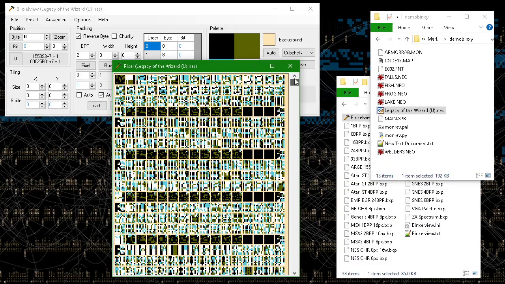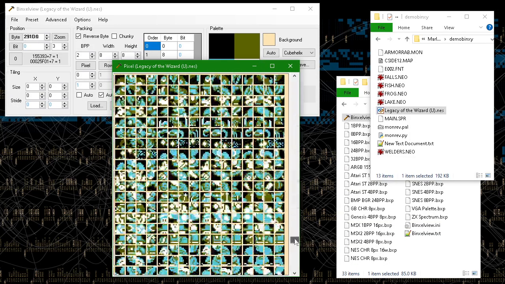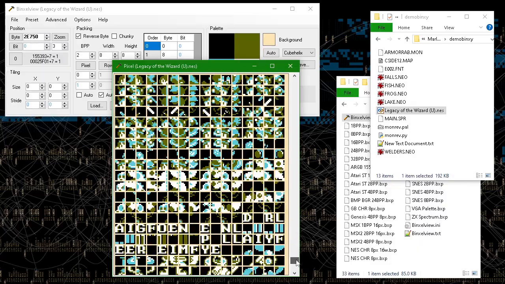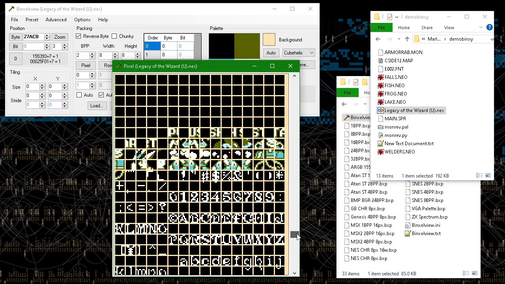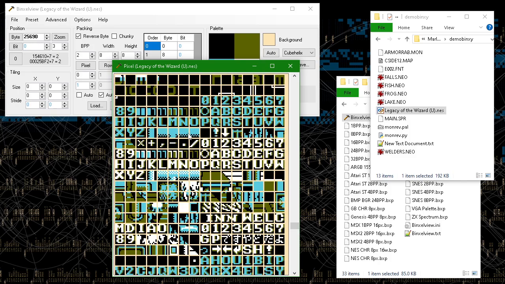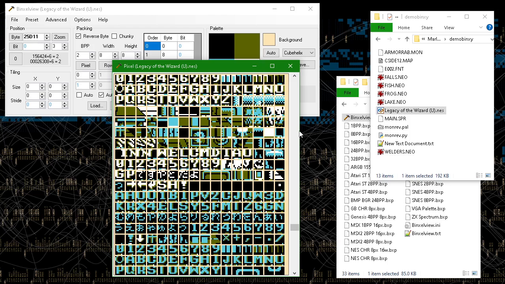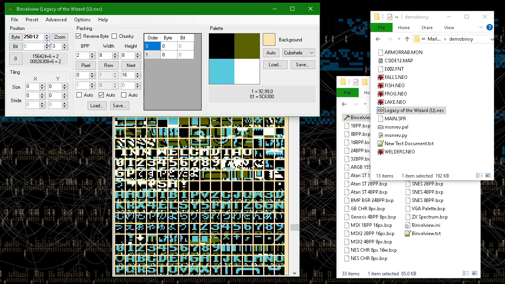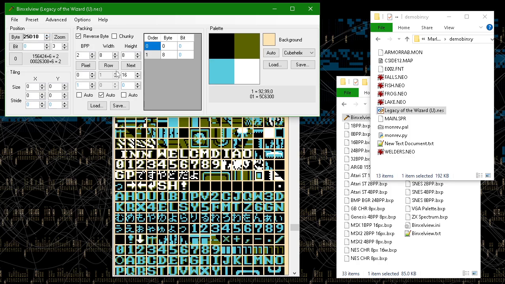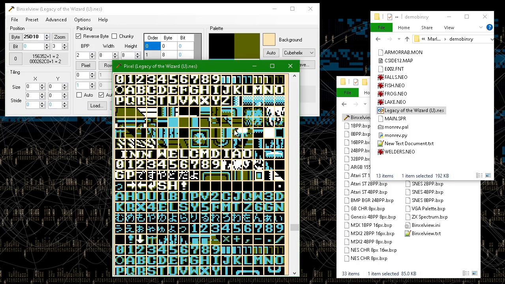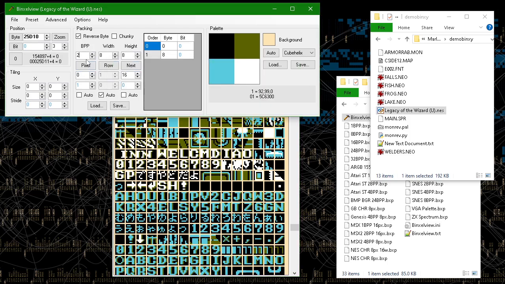And I think I lost my starting point, but we can go back to it. There we go. Oh, it's a little bit off, but actually I think it was there. Anyway, that's sort of how to find the data, but let's say we didn't know the format.